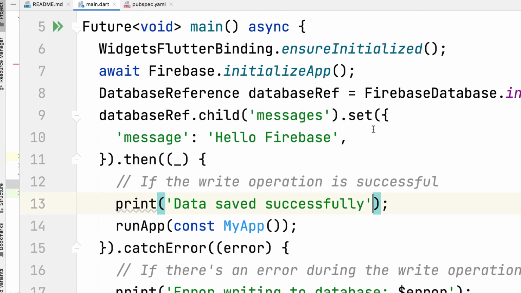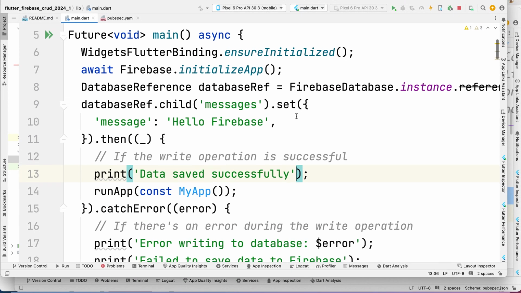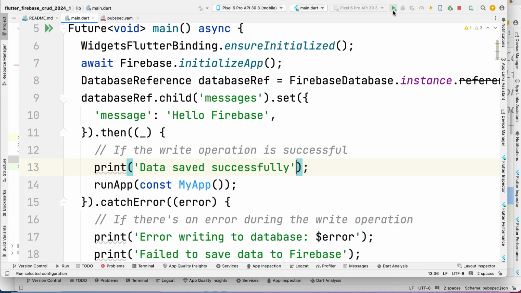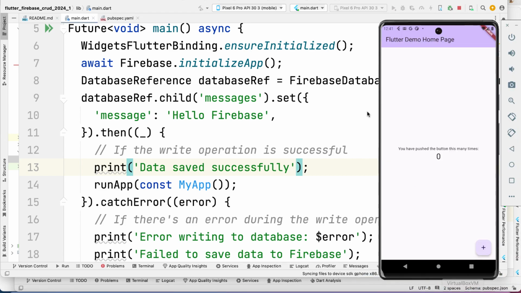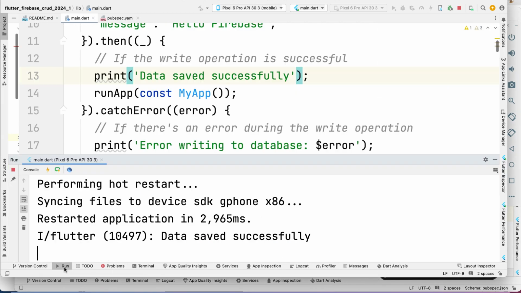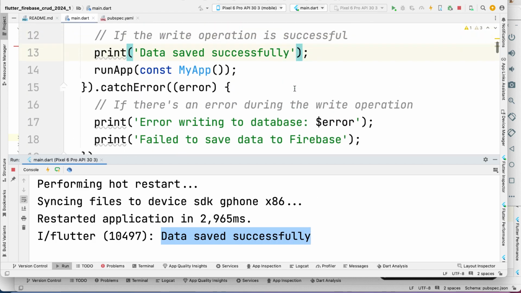Okay, so now let's test the code that we've added and let's run this. Okay, so let's run it, and I think it has done a quick restart. Let's check the run tab, and as you can see, data saved successfully. Okay, we can actually